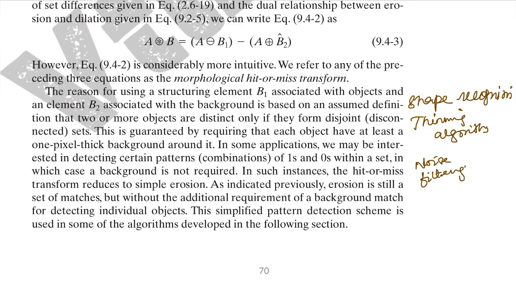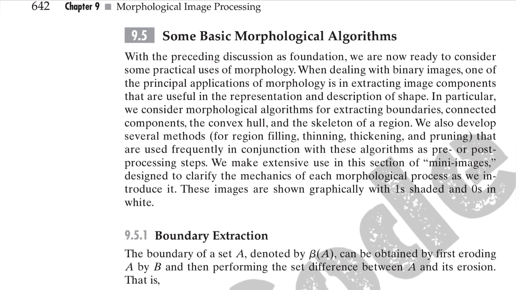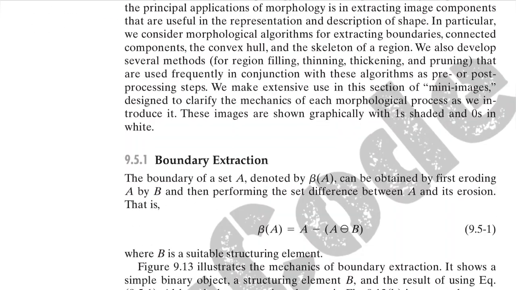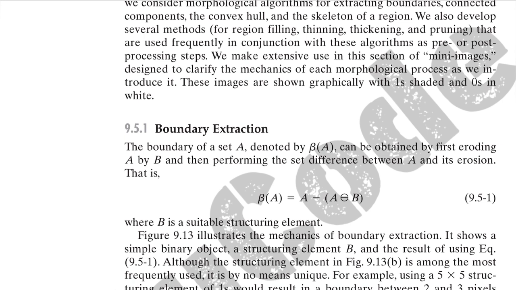Next we have some of the basic morphological algorithms, where first is boundary extraction. So what is boundary extraction? Boundary extraction is mainly used to identify the edges of an object in a binary image. You have a binary image, you have an object there, you want to find out the edges. So β(A) is nothing but the boundary of a particular object of an image